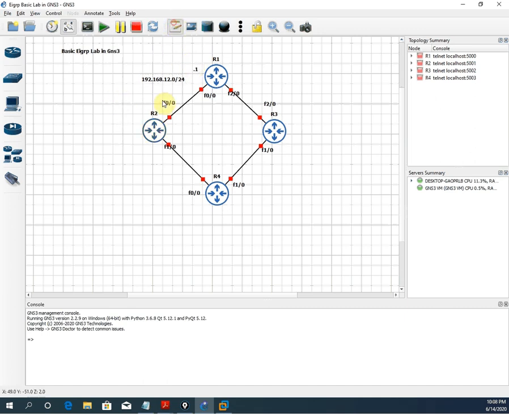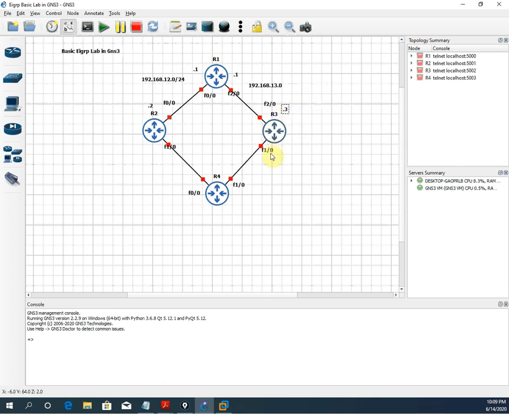And here the IP will be .2, meaning the same IP we will have. Let me show you: 192.168.12.1 here on this interface, and on this interface 12.2. Okay, and here we will take IP 192.168, then here if you see we have 1 here and here 3, so 13.0. I will write .1 here, 13.1, and here we have 3, so I will write 13.3. So .3 will be here.